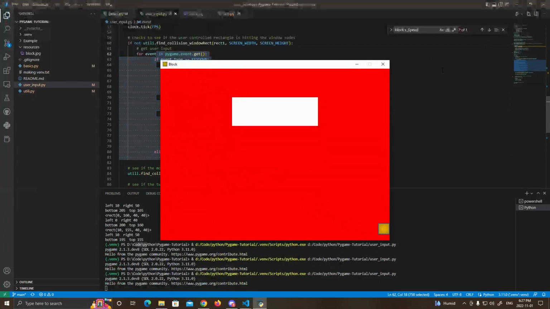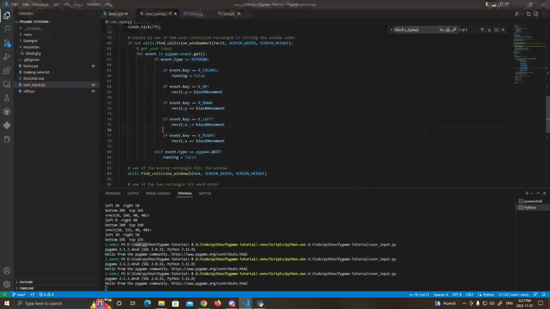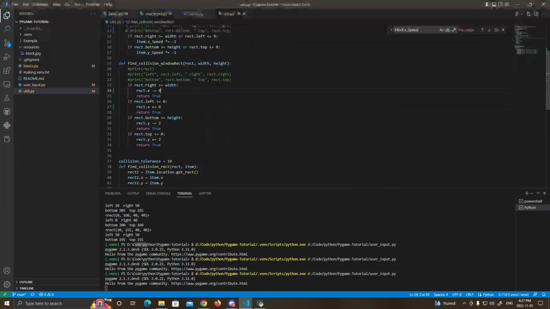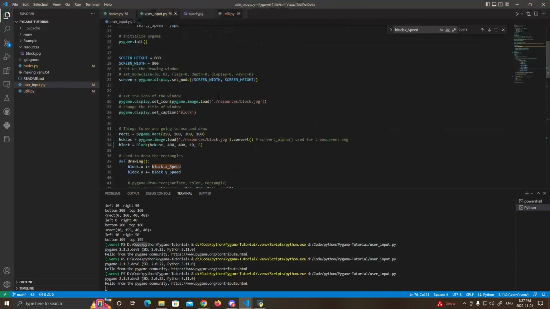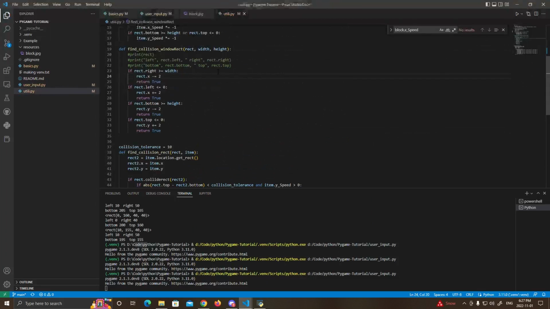Because now I'm stuck. So I have to reset the value to be at least greater than 1, because this value here moves your square back. So for example, if I go all the way to the right, that's 800. Is it 600 or 800? What are we at here? It's 800. So it'll go all the way to 800, and then if it just stays at 800, this function will